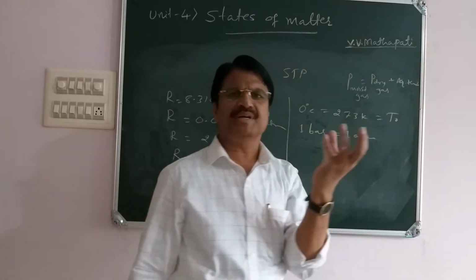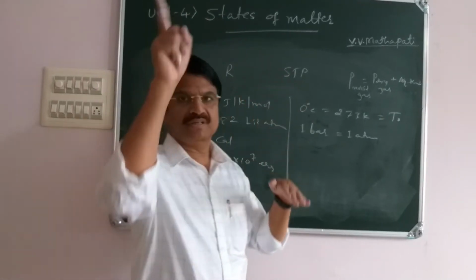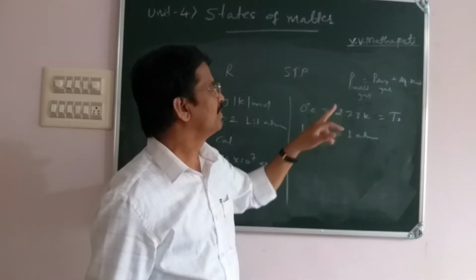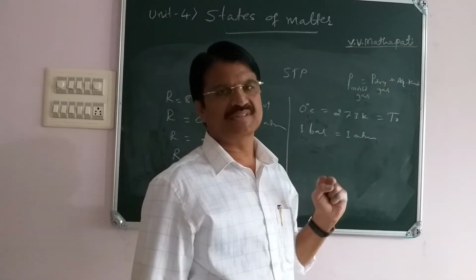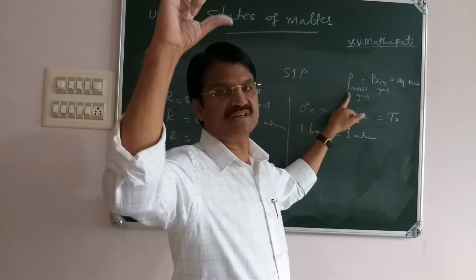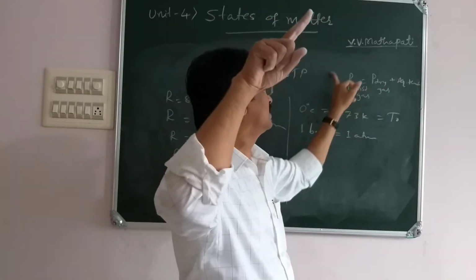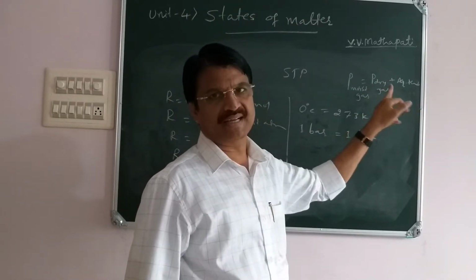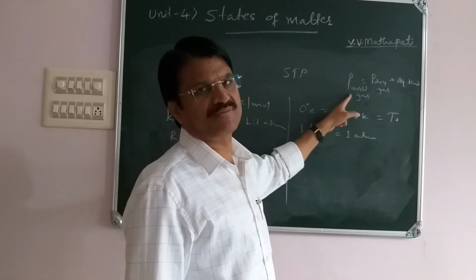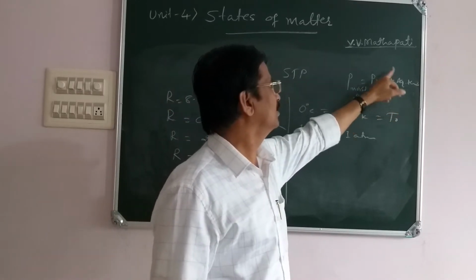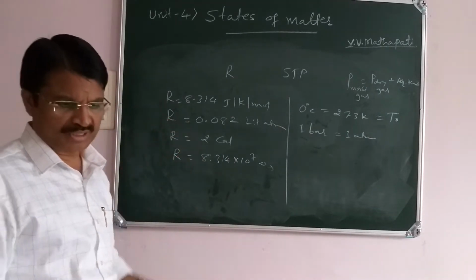Next, whenever we collect the gas in a cylinder or in the eudiometer over water or aqueous solutions, and you want to find the pressure of dry gas, then whatever pressure is measured, the laboratory pressure, and the aqueous tension is calculated and subtracted, and we get the pressure of dry gas or dry air. The formula is pressure of dry air equals pressure of moist gas minus aqueous tension. So these also you have to remember to solve the problems.